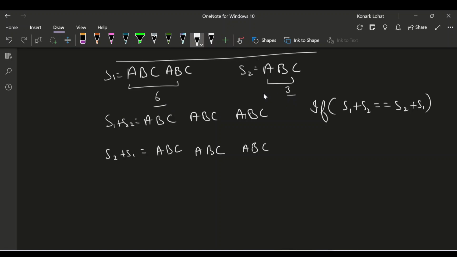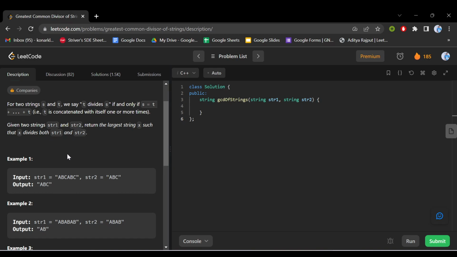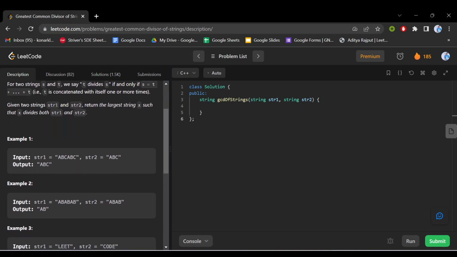Right? Basically, it will be the size of the comparison string that divides both of them. Makes sense? So 6 and 3, their GCD will be 3. And 3 is the size of the string starting from this character that will divide both of them. And this is ABC, and that is our answer. You can also find this case in,